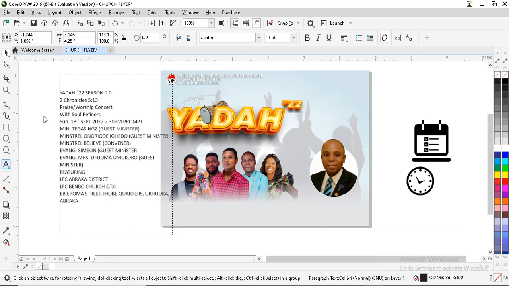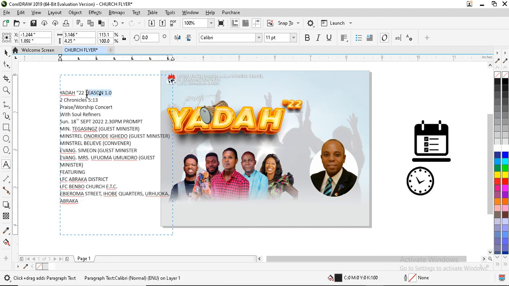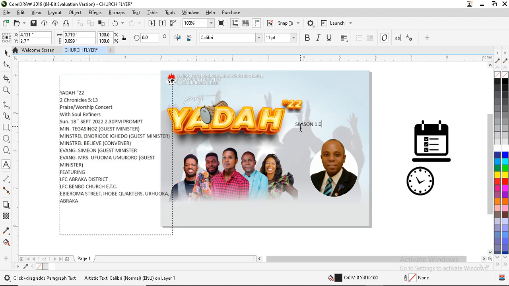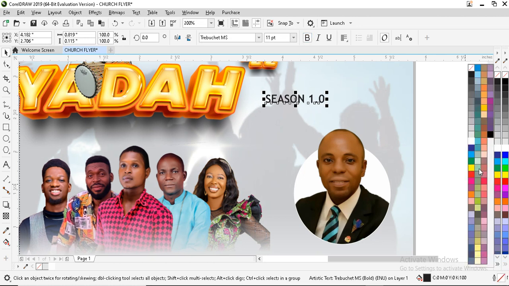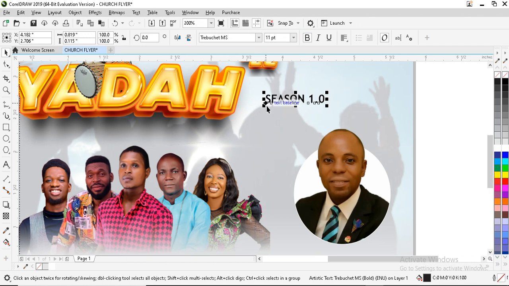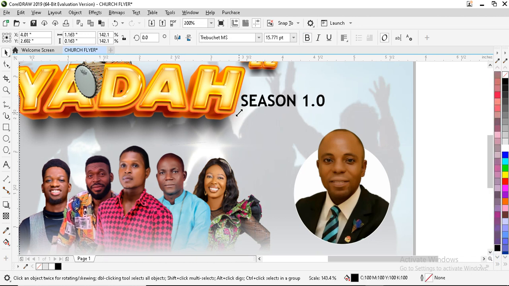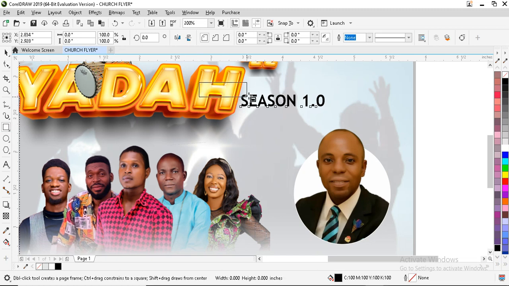Text. Okay, let me bring season 1 also first. Season 1, Ctrl X, cut it out, and I'll paste it here. Ctrl V, season 1.0. Okay, so I'll just scale this up. I'll be using Trebuchet also, and I'll give it a bold, and I'll give it a very dark color, 100% black, and I'll scale it up this way, and I'll draw a rectangle over here like this,